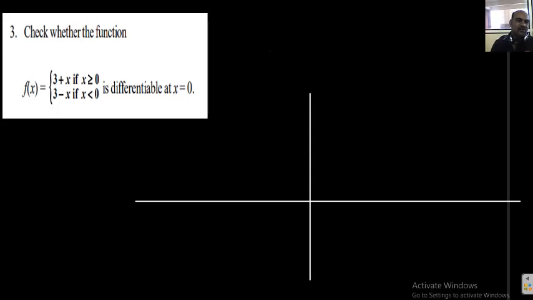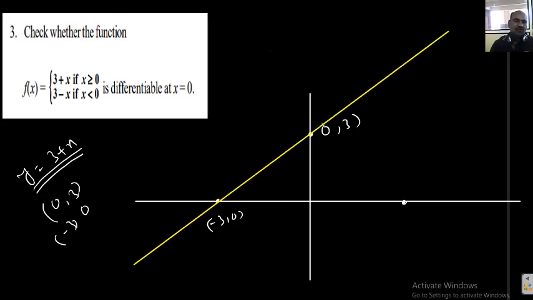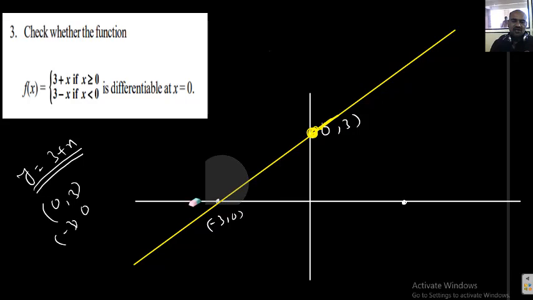What is the graph? First of all, the graph of y equal to 3 plus x, which does not pass through the origin. X equal to 0, y equal to 3; y equal to 0, then x equal to minus 3. So the point 0 comma 3 is somewhere here, and minus 3 comma 0 is somewhere here. The line will pass through these 2 points. But we don't want the total graph, students. Only for x greater than or equal to 0. At x equal to 0, you are getting 3. What is the meaning of that? This portion is the required graph. This other portion is not required.